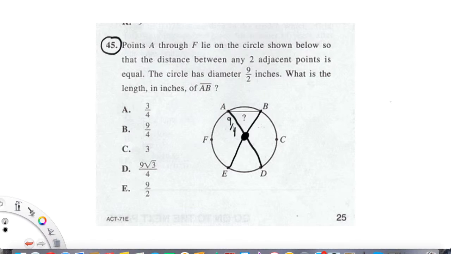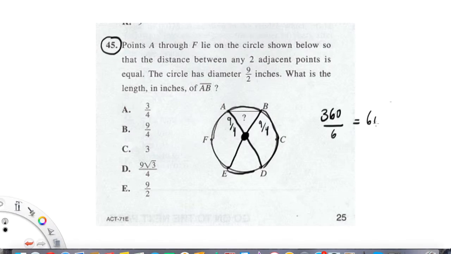Now, once you know that the radius is 9/4, there's a couple things to remember here. Well, AB, the arc length, is equal to all these other arc lengths, and there's a total of 6 of them. So at that point, you could say to yourself, well, if there's 6 equal parts of this circle, we could divide our entire 360 degrees by 6,